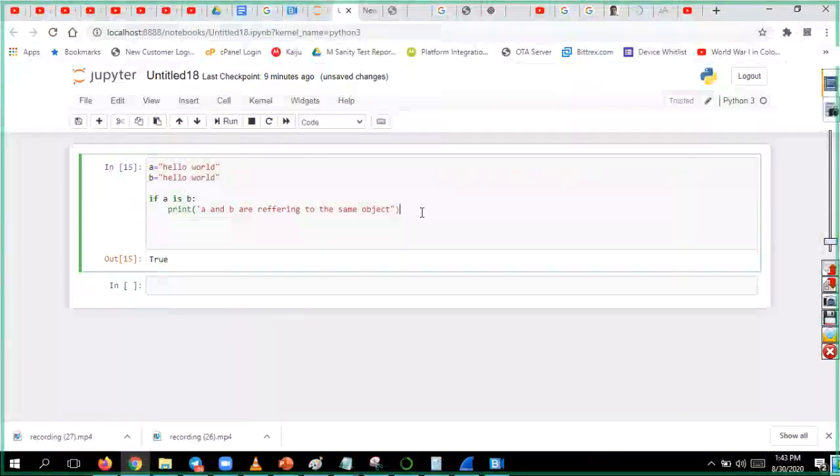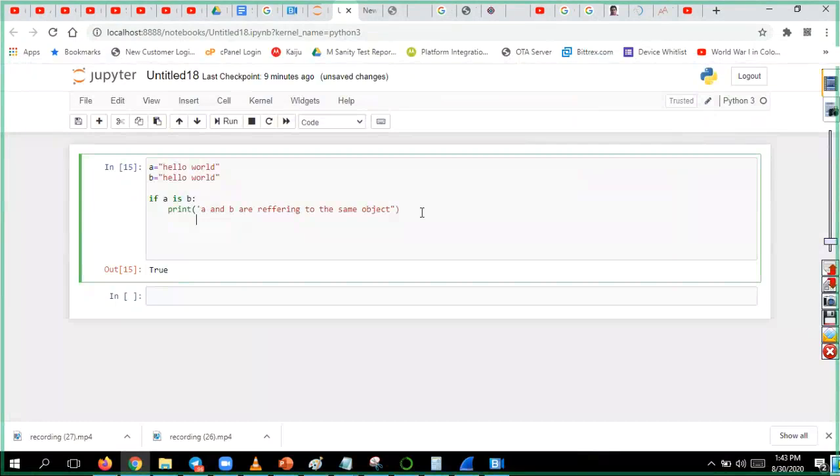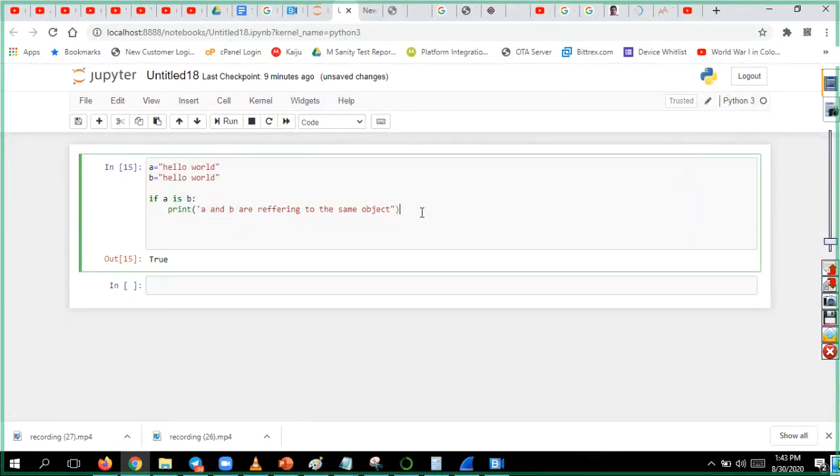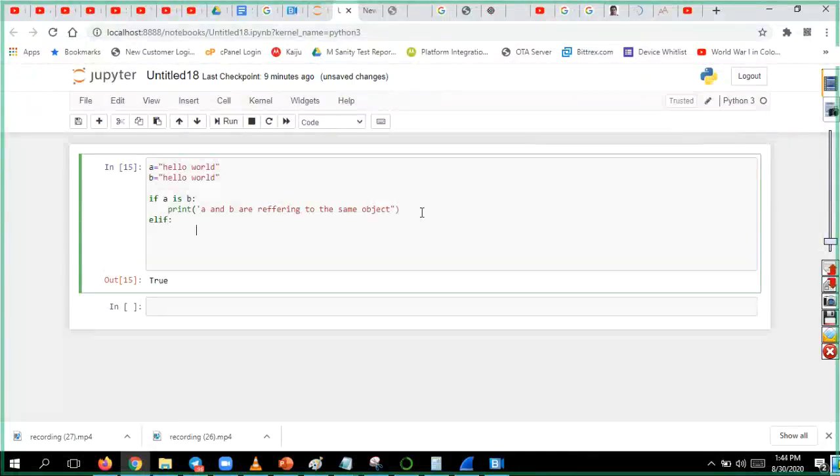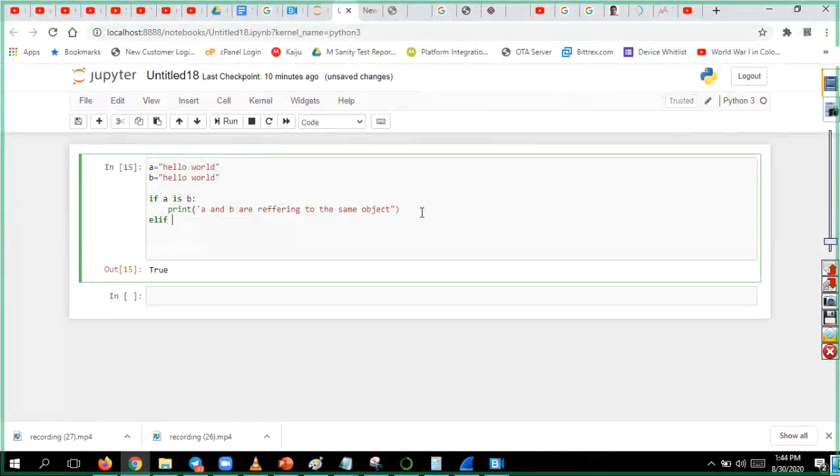Now if A is B, then else, elif. Elif means like else if kind of thing. Print. Oh, elif, I have to write the condition.